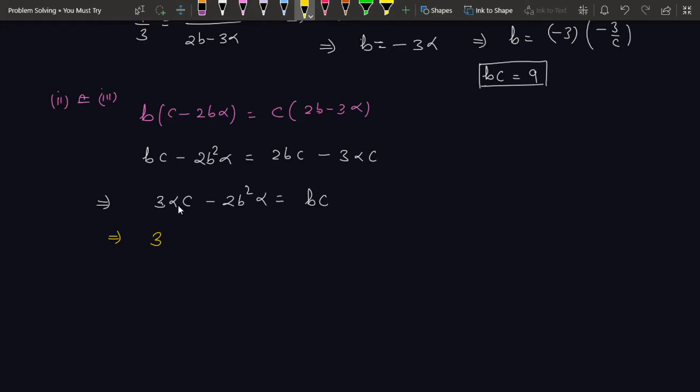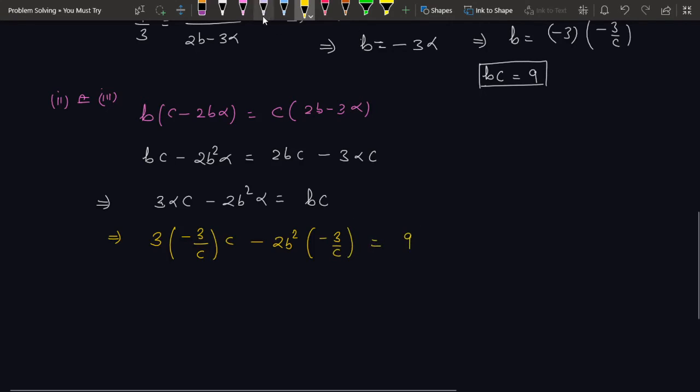And also alpha is just negative 3 over c. So I'm going to substitute that thing also. So negative 3 over c at the place of alpha, c will remain same. Then 2b squared and again negative 3 over c just to replace alpha. And bc is 9. Let's do some simplifications. Of course, c and c will cancel each other. And 3 times negative 3 will give us negative 9. And here that will be negative 3 over c multiplied with negative sign here. So it will be positive